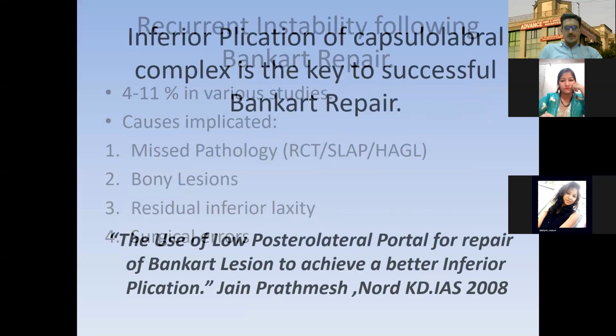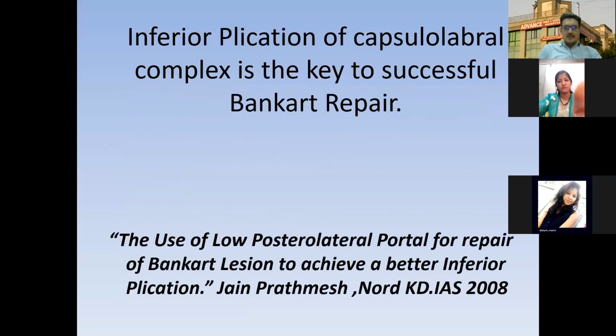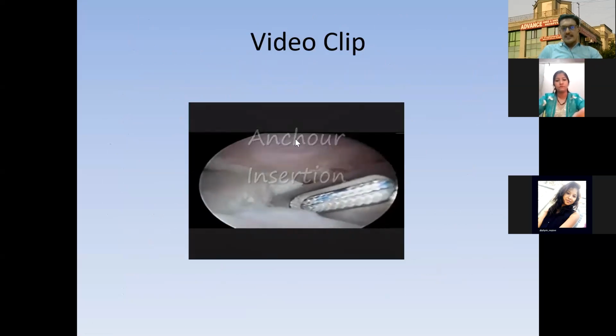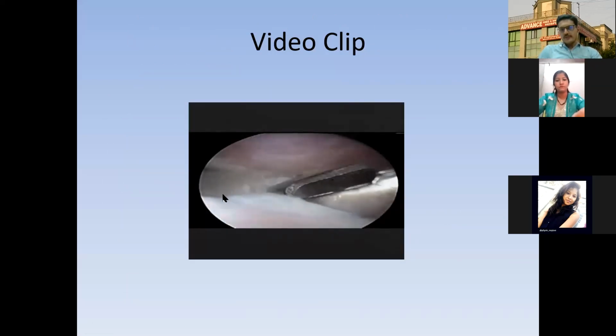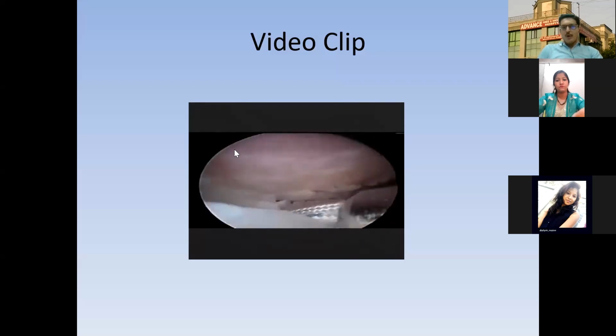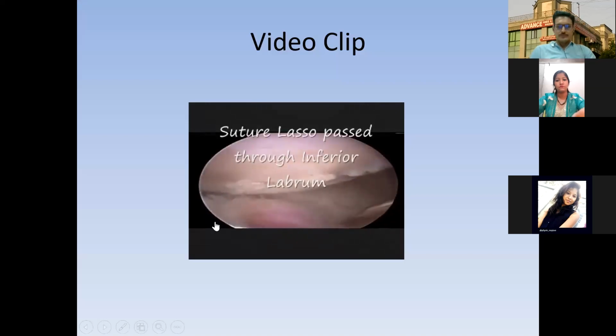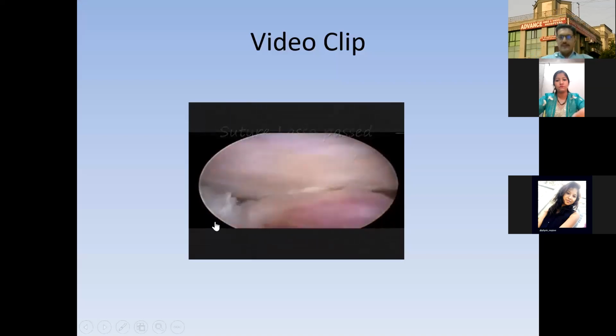Okay, so this is all the technique which we follow. I'll just show another video. Just see this video. You can see here that this ball is out of the socket. This is the socket and this is the ball, and the ball is outside the socket. So what we will do is we will repair the tissue of the labrum and we will stabilize the socket. So the shoulder will become stable and it will not dislocate.